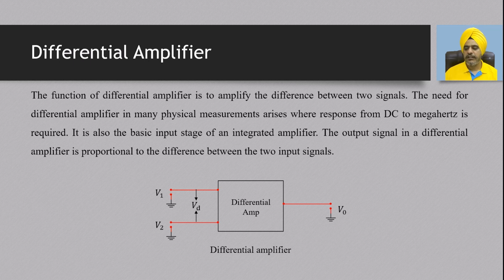So this is the circuit diagram using an op-amp. R1 and R2 are the input resistances, RF is the feedback resistance, and RG is the resistance connecting to ground. V1 and V2 are the input voltages, and Vout is the output voltage. So in this circuit, the output voltage V0 is ideally proportional to the difference between the two voltages V1 and V2.